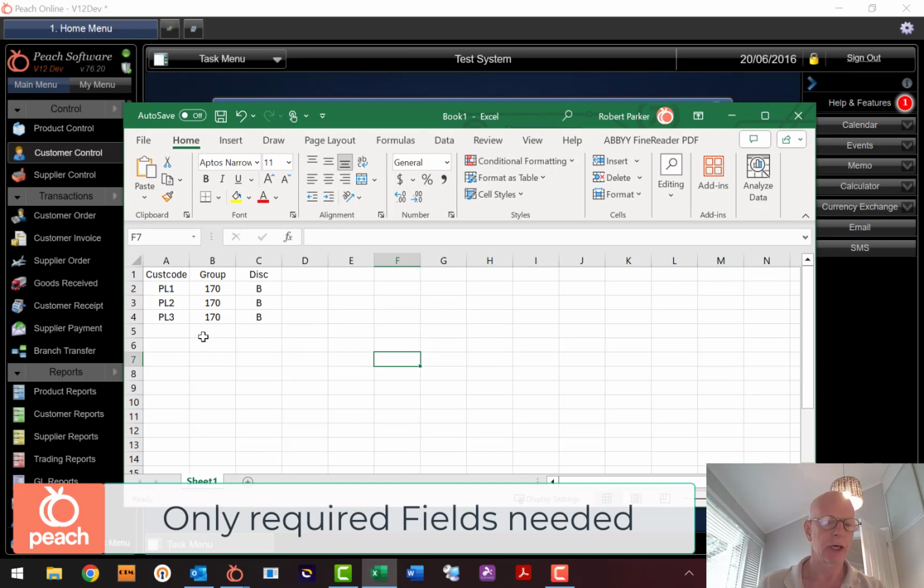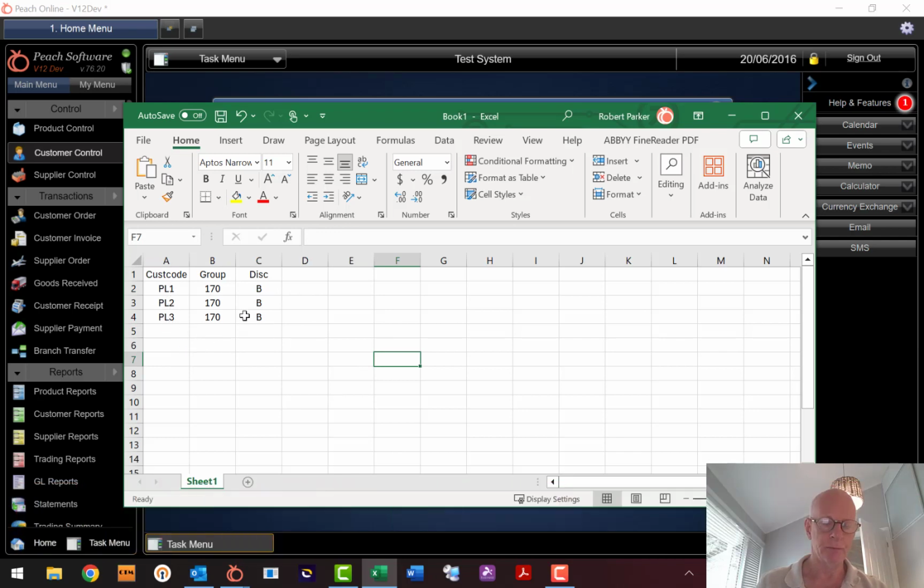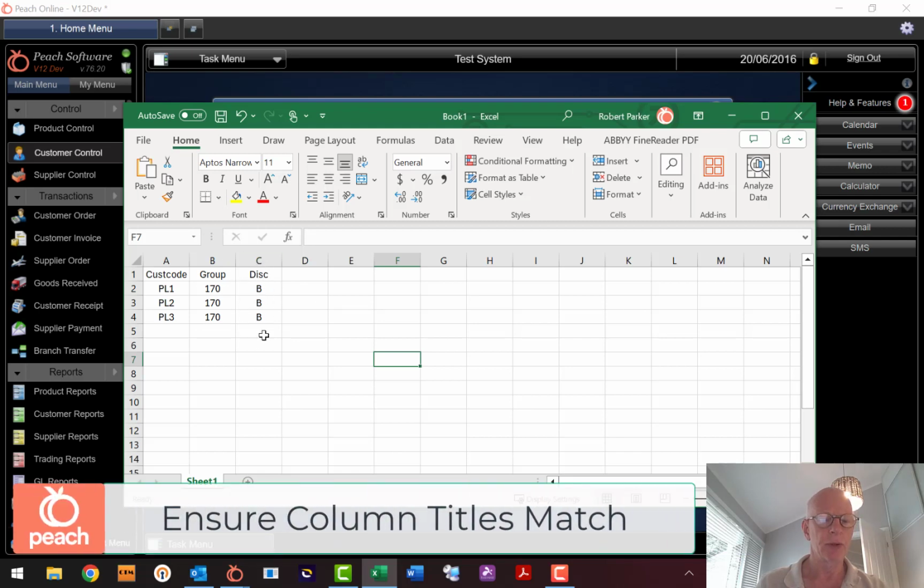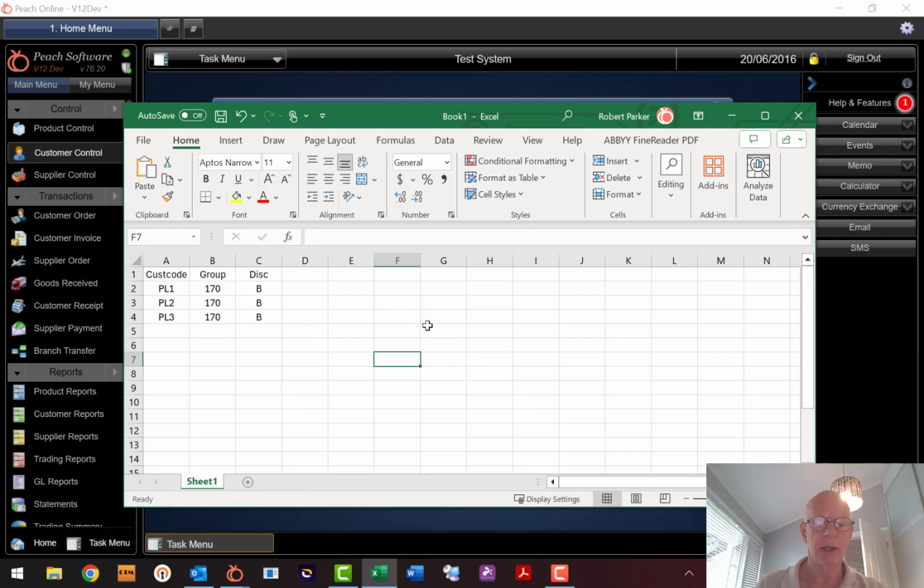So in this case, the customer, our client, wants to update their price levels. They're using the matrix method. So in this case, you would import the following information. Under customer code, you'd have the customer code, of course, put in the group code and put in the discount. And when you import this, it'll actually update the matrix of these customers with a group of 170 and a discount of price B. So there are so many ways you could skin the cat in this option,